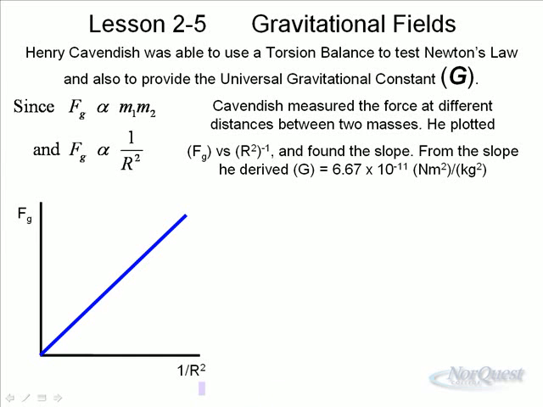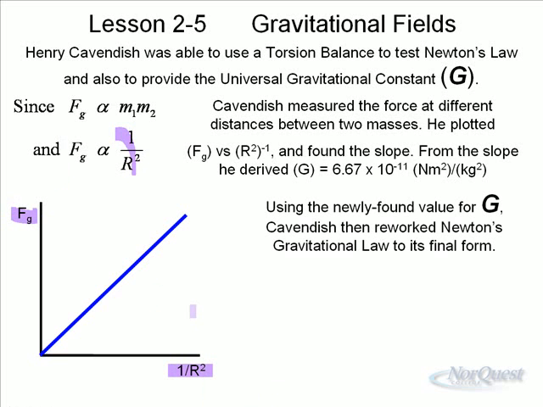And what he did was he plotted 1/r², and he got that from Newton, and he plotted the force of gravity. And when he plotted those together, he got a straight line. And of course, a straight line means a direct relationship. And so when he took the slope of this, he actually found that the slope was equal to G m1 m2. And then, of course, since he knew the two masses m1 m2, he was able to calculate